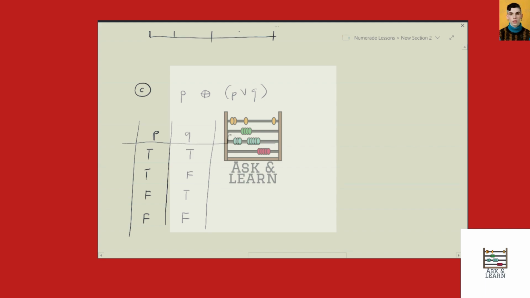Then we look at P or Q. So this logic is true when they are both true or either of them is true. So you have true, one of them true, the two are true. This one of them is true, so that is true. This one of them is true, so that is true. But this, all of them are false, so this is false. Okay. Then here we look at the P